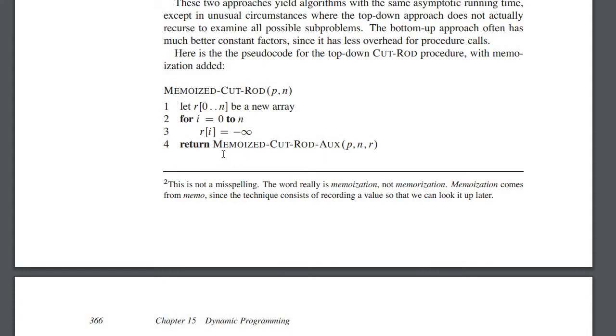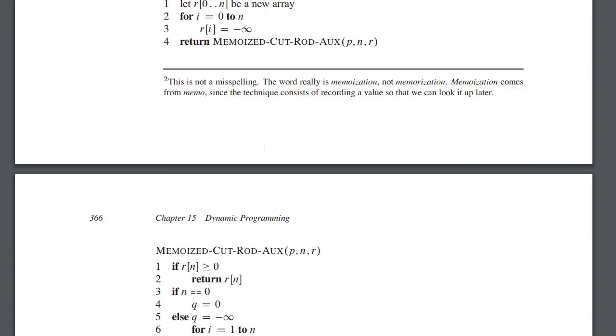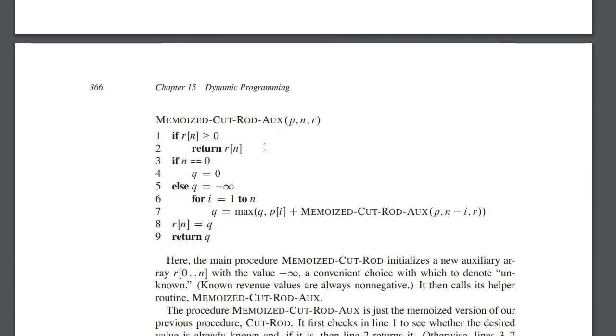and then we terminate the function by calling the memoized cut rod auxiliary function, which takes 3 arguments: p, n, which is the same as in cut rod, and r, which was recently initialized with minus infinity. And here is the memoized cut rod auxiliary. So what exactly are we doing here? We need to see that if r